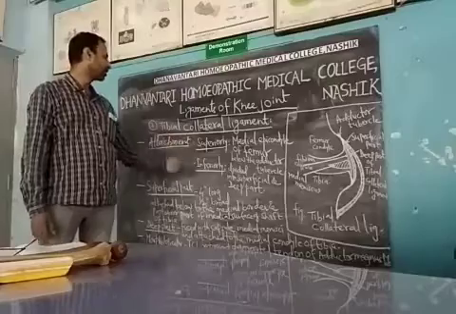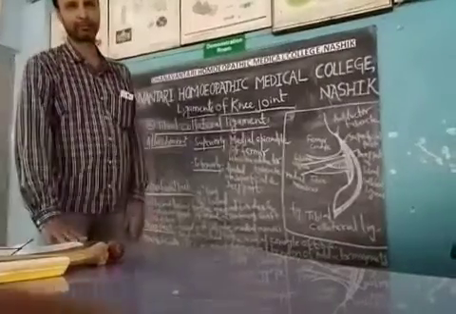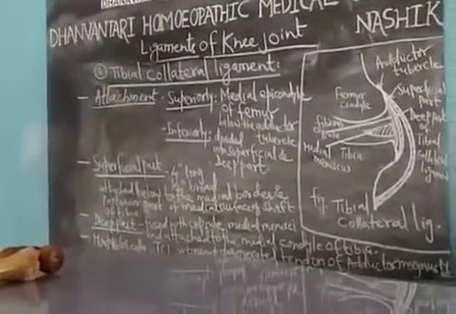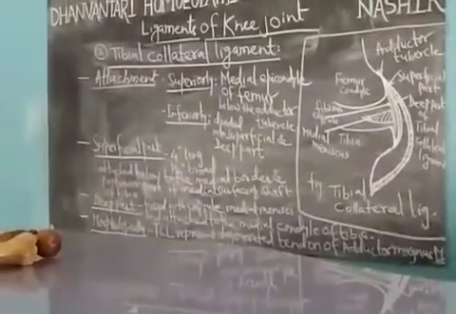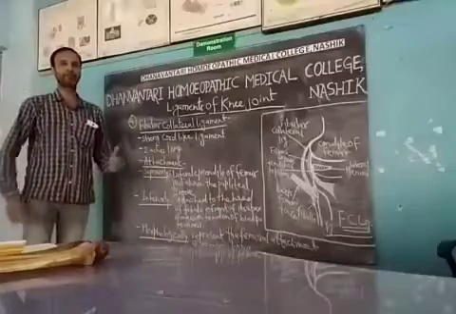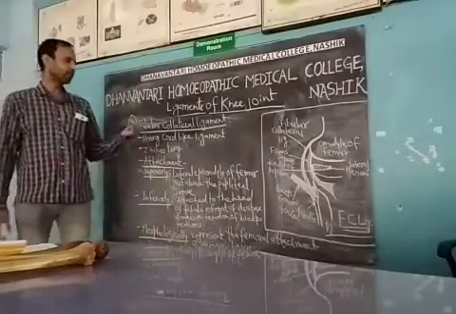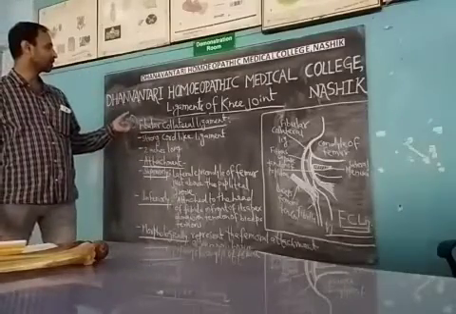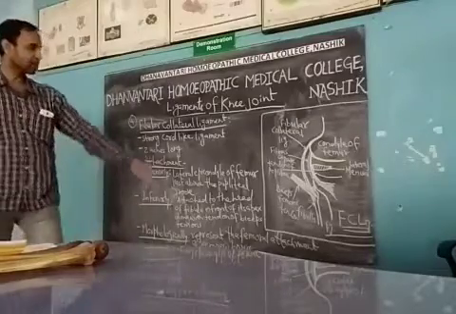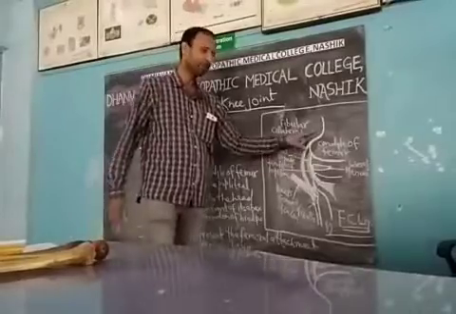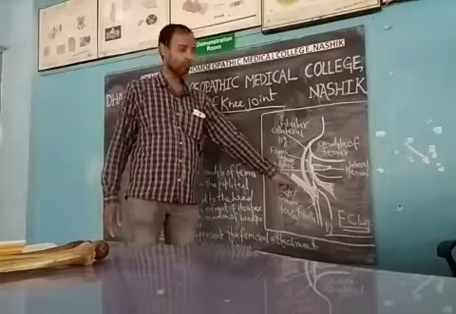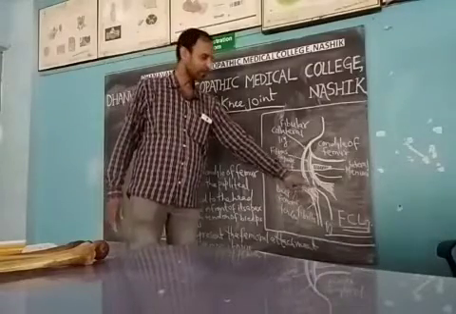Now next we are going to learn about the fibular collateral ligament. Now, the fourth ligament we are going to learn is the fibular collateral ligament. It is a collateral ligament present on the lateral side between the condyle of the femur and the fibula. Here we see this with the presentation of this line diagram, which will be helpful to understand this. Now this is the fibula, the head of the fibula.